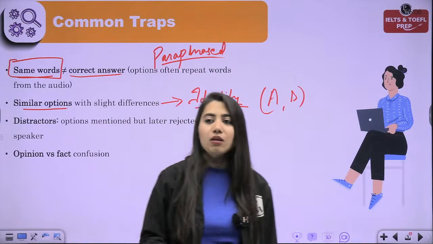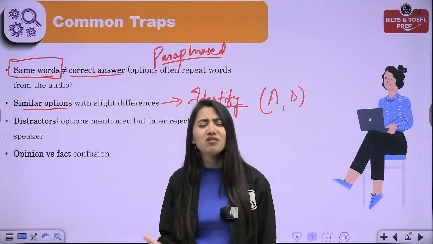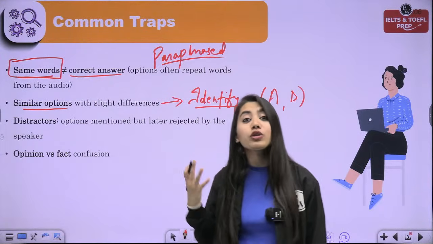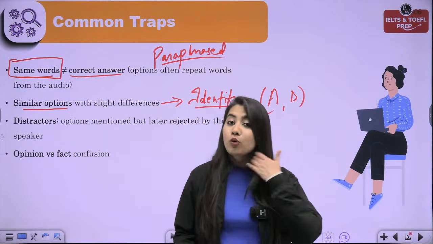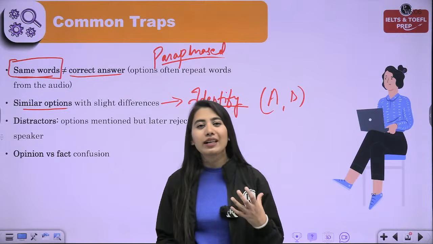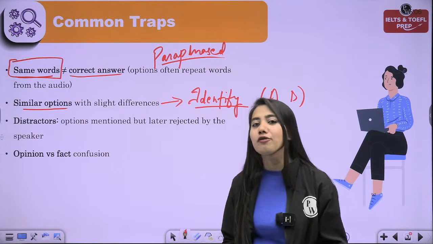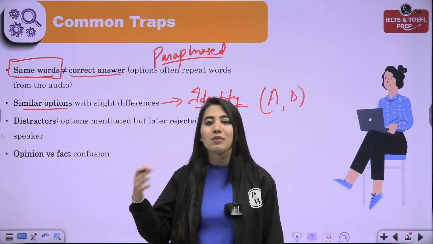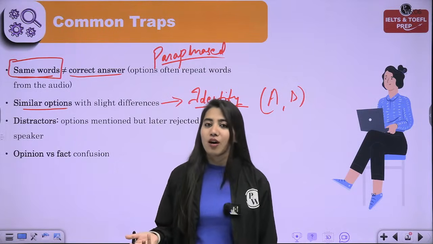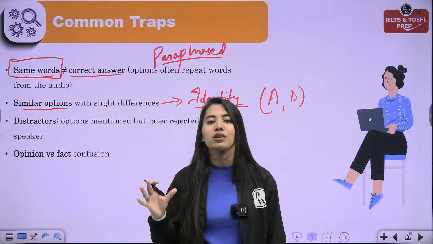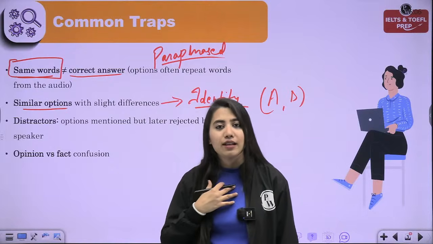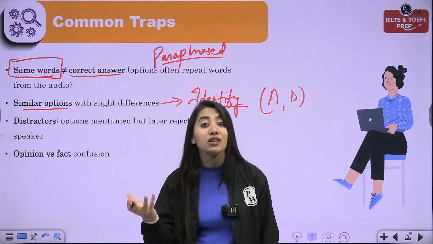Group them all together. Mark the keywords out of your questions. Really important. You have to create this awareness on your own: what are your questions, what are your options, and what kind of similarity do they have. See, we are not robots, I agree to that point, so we cannot memorize all the questions. But one thing we can always do is create awareness for ourselves, right? So by marking keywords.